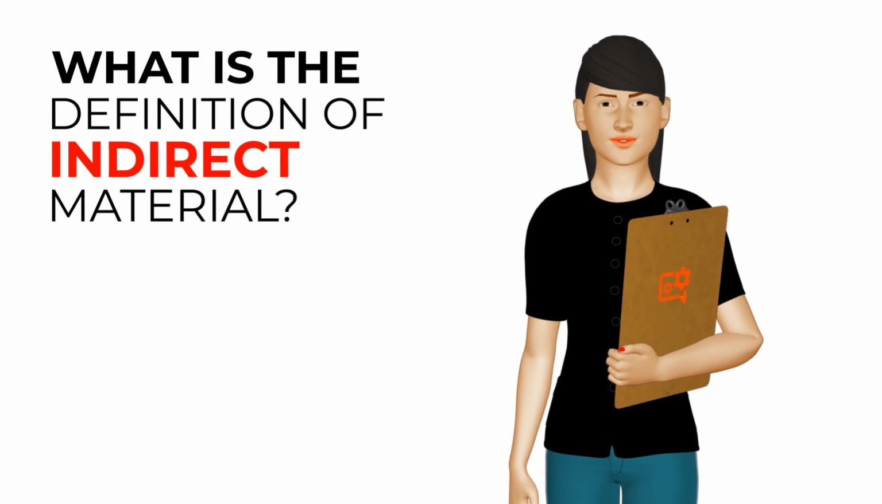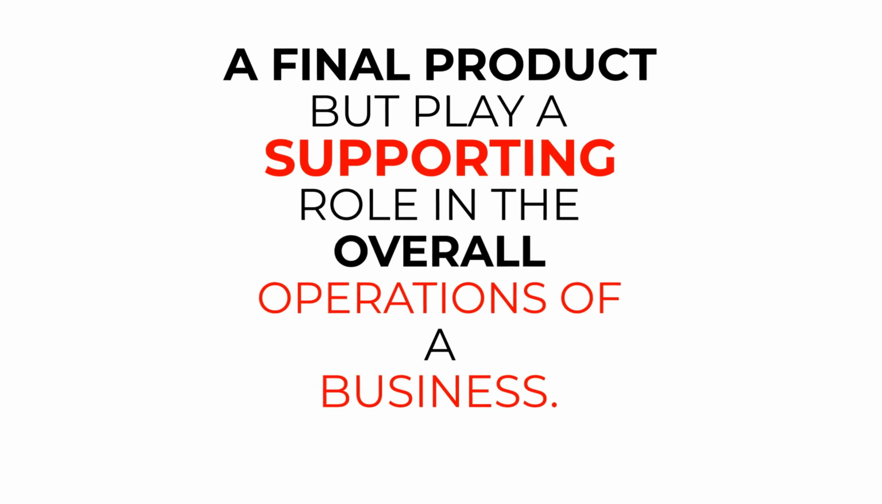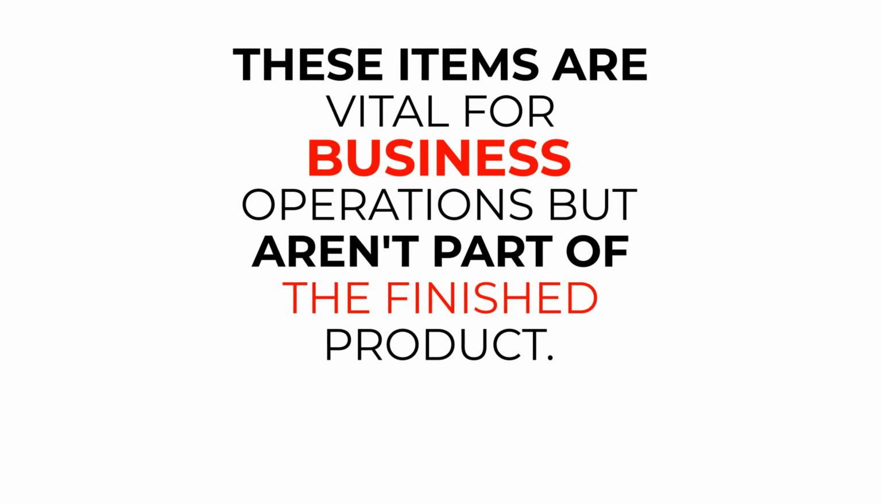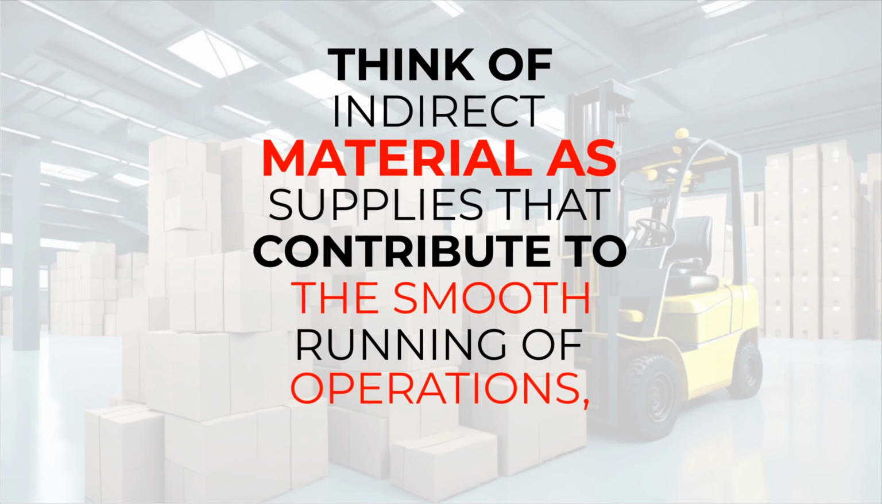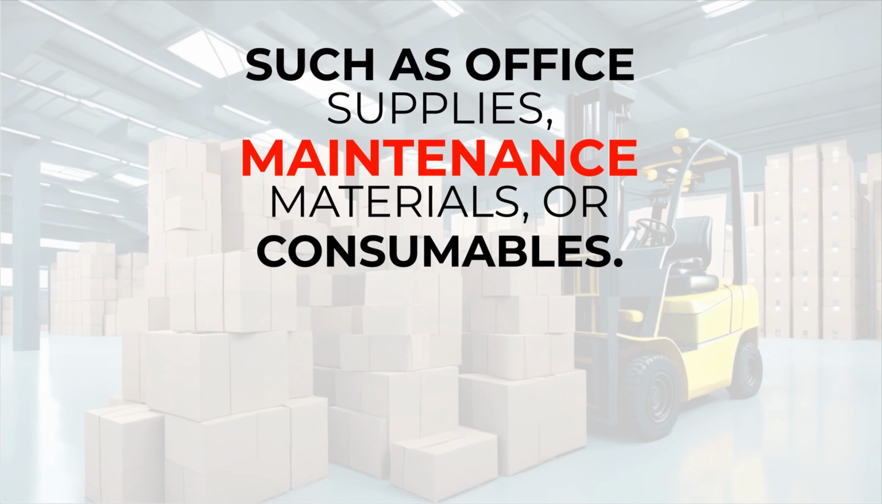What is the definition of indirect material? Indirect material refers to goods or materials that are not directly used in the production of a final product but play a supporting role in the overall operations of a business. These items are vital for business operations but aren't part of the finished product. Think of indirect material as supplies that contribute to the smooth running of operations, such as office supplies, maintenance materials,